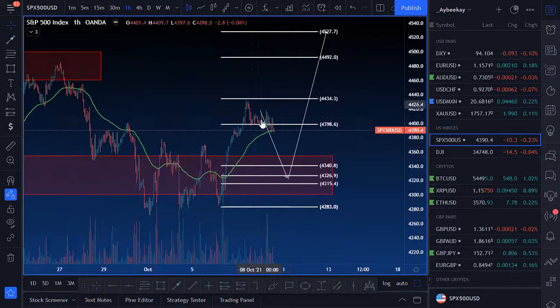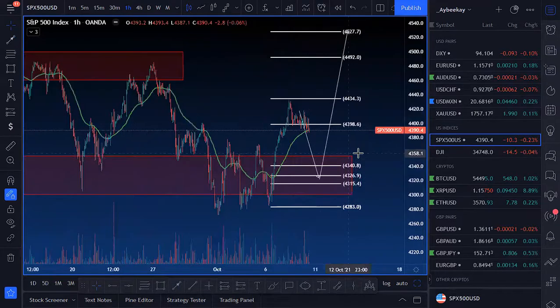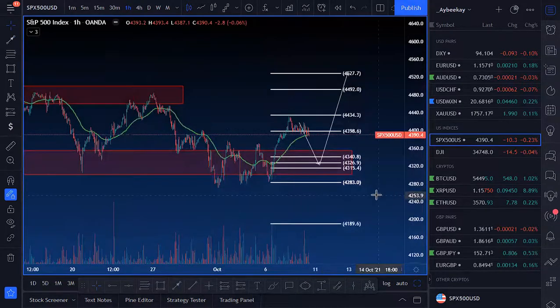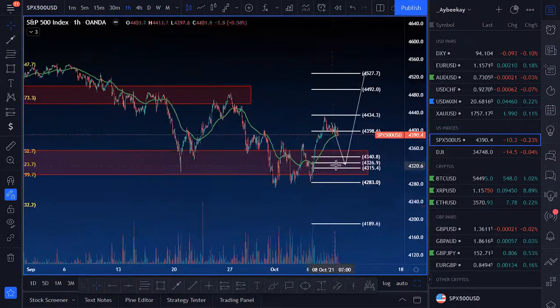So all I would want to see is price push to the downside to 4326.9 before trying to go bullish. And if it doesn't hold above 4,365, or whatever it was, I think it's like 4,269, whatever it is, then I'll probably just get out of the trade and be patient and wait to trade another day.